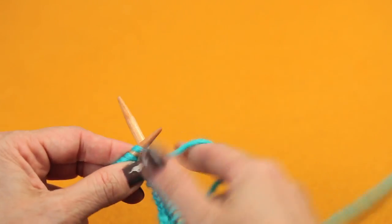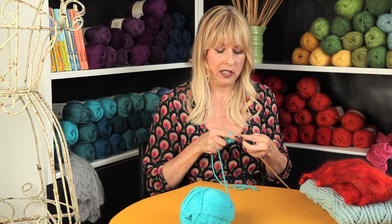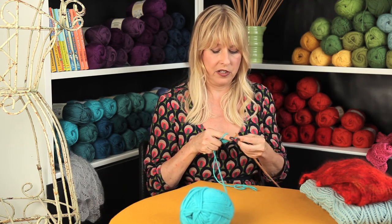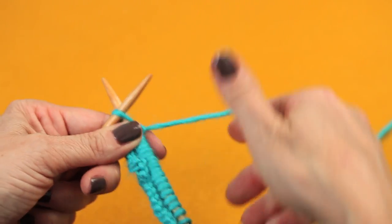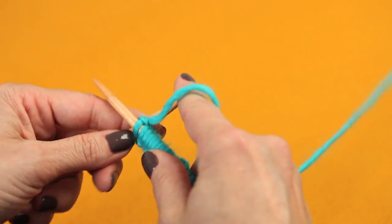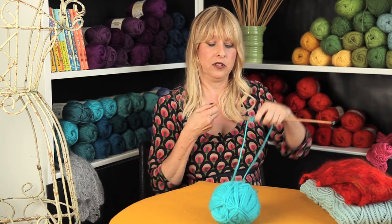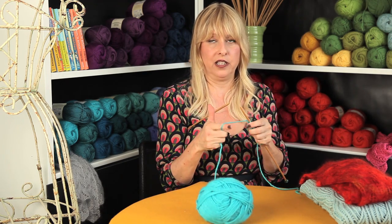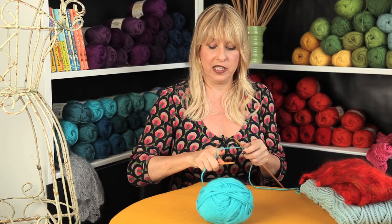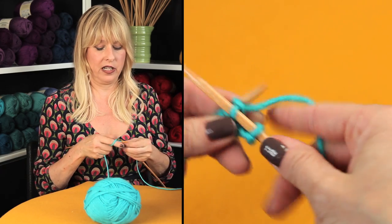This will take you quite a while at the very beginning when you're first learning to do it. It also took me a long time when I was first learning. And you knit all the stitches off the left needle onto the right needle. When you come to the end, you've knit all the stitches off your left-hand needle. You just change hands. Get everybody positioned again, holding that needle like a key, holding this yarn in whatever way is comfortable, holding this needle under your palm. And we're just going to start again and just go back and forth like that